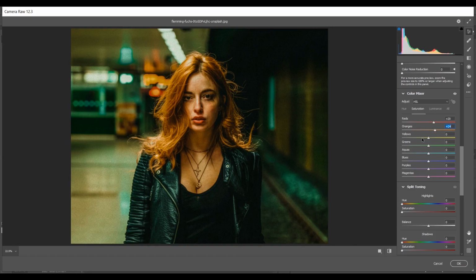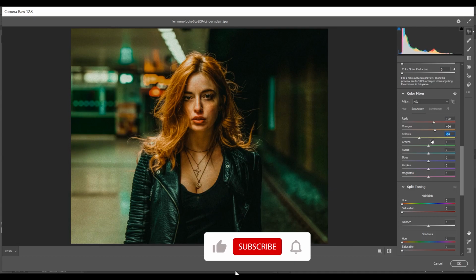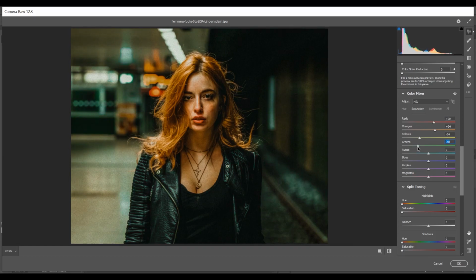And then I have to decrease the yellow. Minus 34 for yellow. That looks good. And also decrease the green. Look at the background, it's fine. So I'm giving -85 for green, and then -65 for aquas. I want to decrease the blues also,